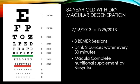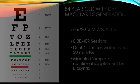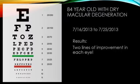We also started him that day on Macula Complete, which for what I see right now, is one of the best nutrient supplements for macular degeneration. Biosyntrex, you can look that up online, biosyntrex.com. So we did the 8 sessions, had him drink the water, started the Macula Complete, and the results,